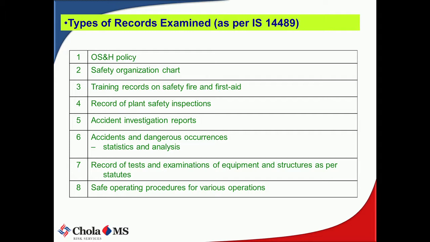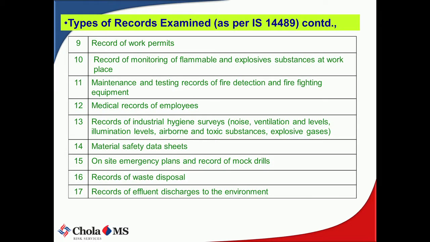We also check whether they have taken suitable measures to prevent further accidents, and whether SOPs, proper standard operating procedures, are there. Because when you're doing any different type of operation, each operation has to have a standard operating procedure, so that even if a new person comes, he looks at it and should be able to run the plant. Then the record of work permits has to be reviewed.